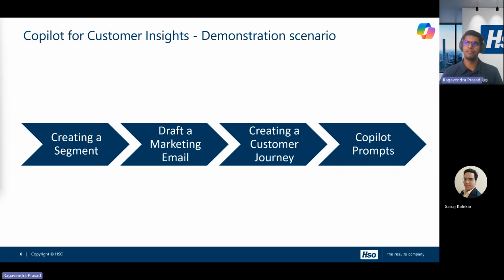Let's look at the Copilot for Customer Insights demonstration scenario. So as you can see, the scenario today that I will be going ahead with is to create a segment using Copilot, to draft a marketing email using Copilot, and creating a customer journey using Copilot, and also to make use of the Copilot prompts that are already available within the system to understand better what navigational help we can gain out of Copilot, and also to gain best practice understanding from Copilot as well. Now I'm going to go ahead and share the screen in terms of the